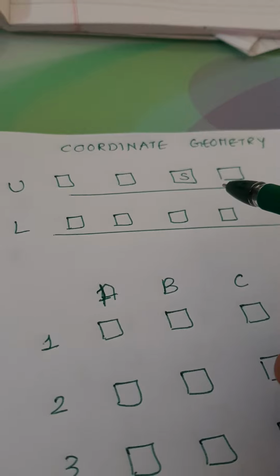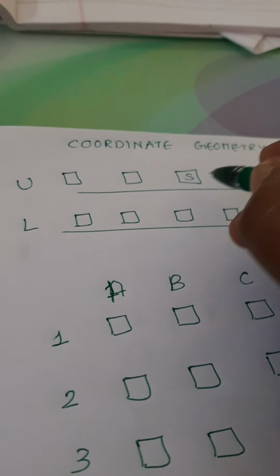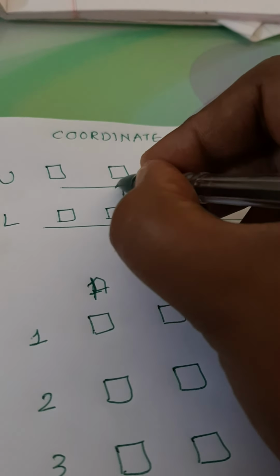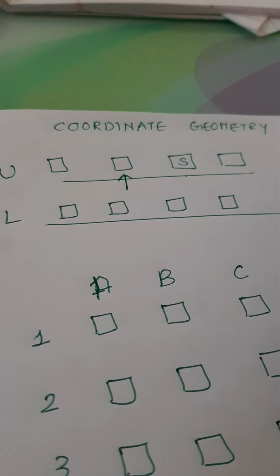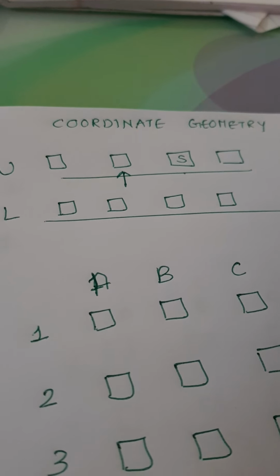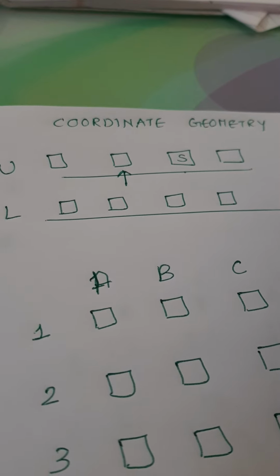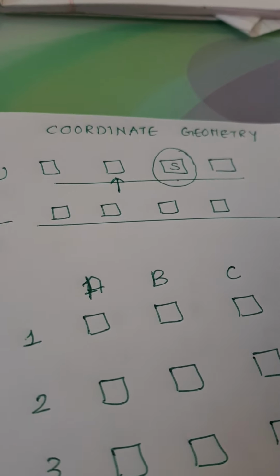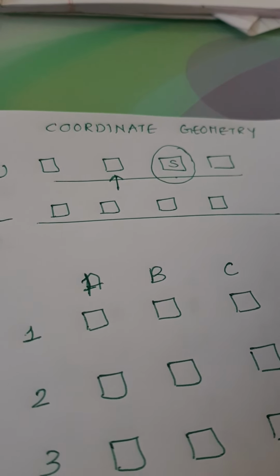Is that information enough? No, because if you see from the left, the third container would be this particular one. But if you see from the right, the third container would be this one, correct? So the information of right or left is also very important. Now your mother says that the sugar lies in the upper shelf in the third container to the left. So the third container to the left in the upper shelf would be this one. Your father opens the container, there's sugar inside, and he prepares tea for the entire family.